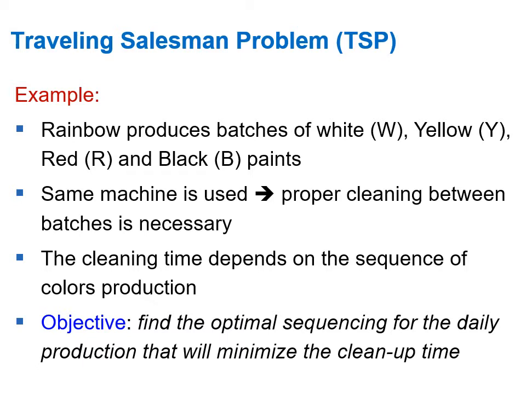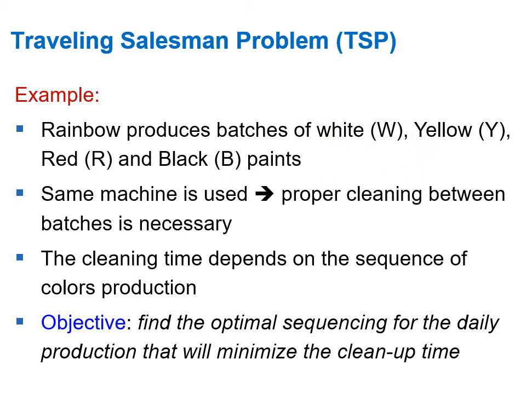This example gives you a different application of the TSP. Let's see how the problem is defined. There is a company which produces items with different colors, and each batch can be either white or yellow or red or black. And depending on these